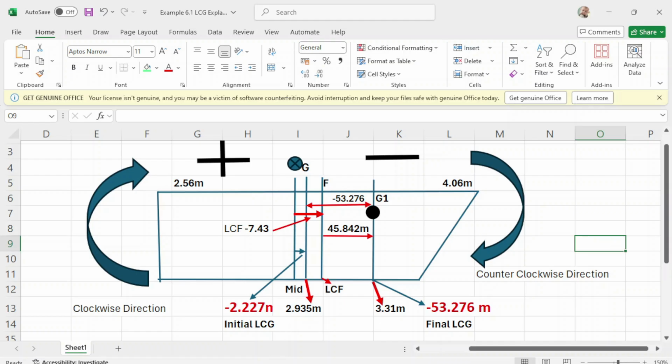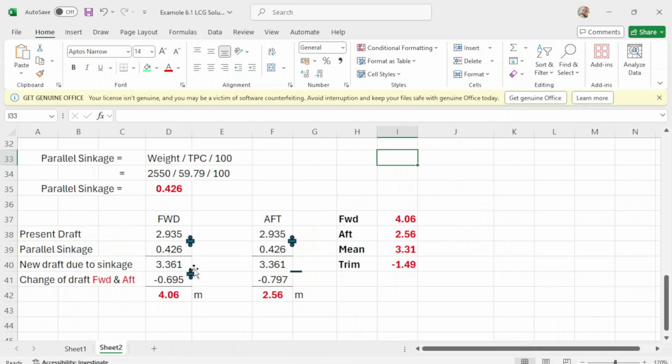Okay, even keel. Then you apply plus your parallel shrinkage of 0.26. Put here 0.26 forward, up is 0.426. Then you add it, because the vessel will sink regardless of the trim.